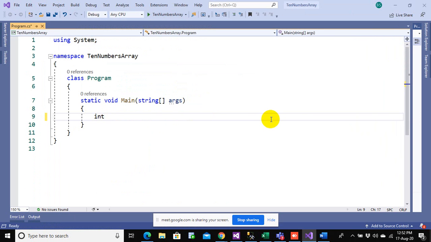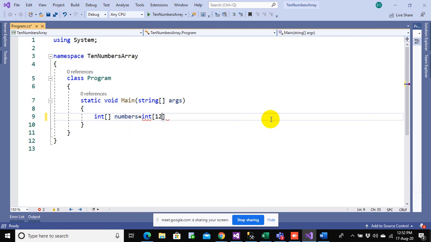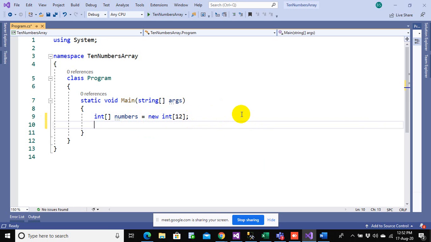Let's say I will fix it to 12 so that I have a greater number. Alright everyone, now we need to read the numbers.